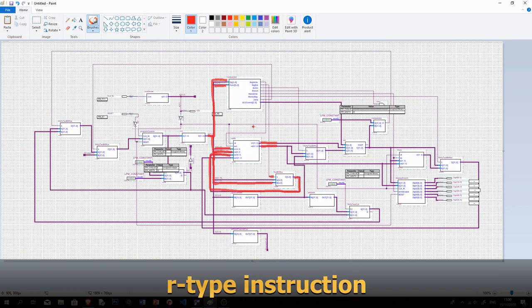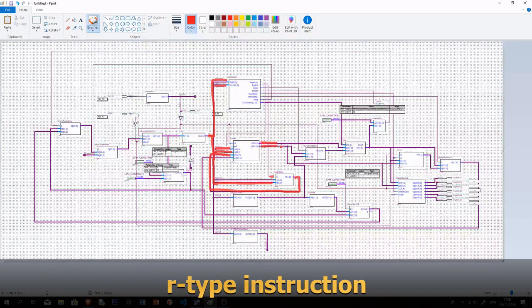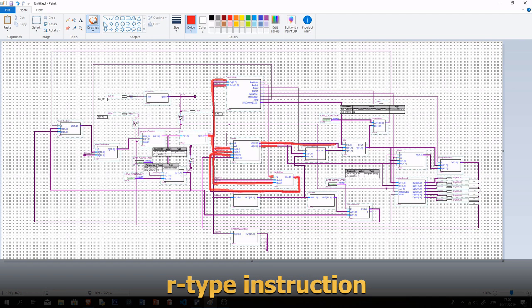Since we're performing addition, the ALU control signal will be 0, 1, 0. The most significant bit 0 determines that we won't be negating B, and the middle bit is 1, which means that we will be performing an arithmetic operation and not Boolean. So we go ahead and pass those values into our ALU, and